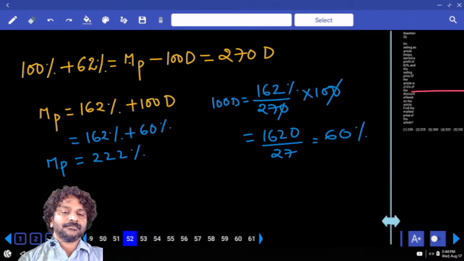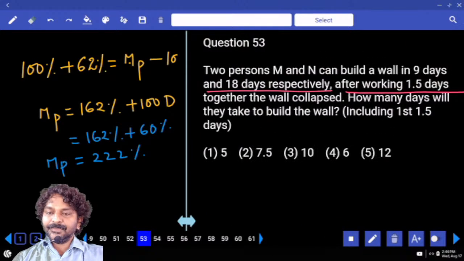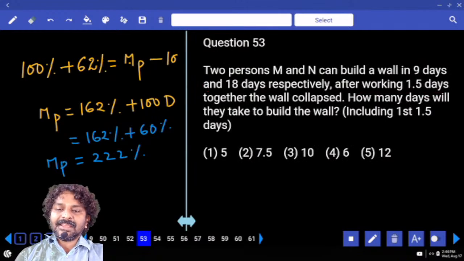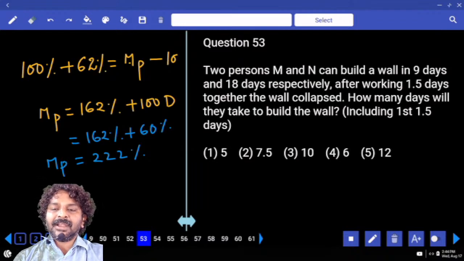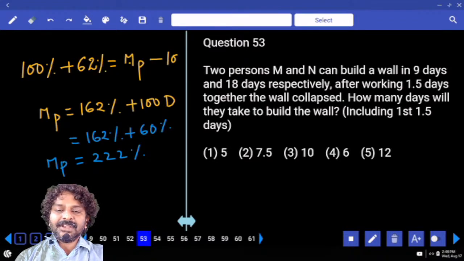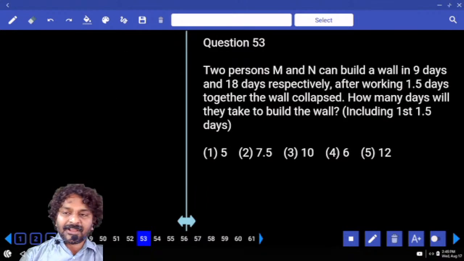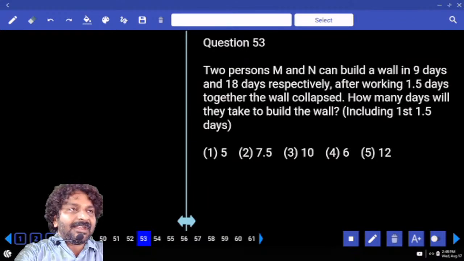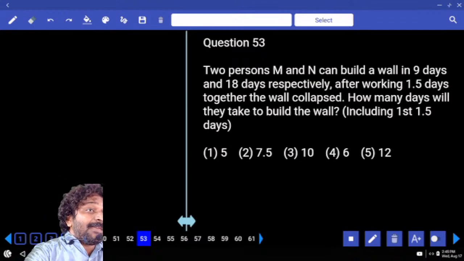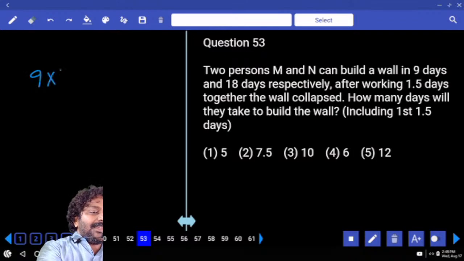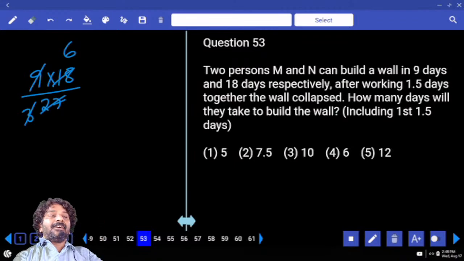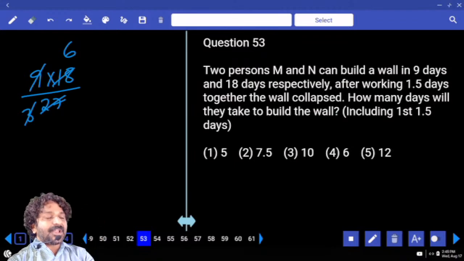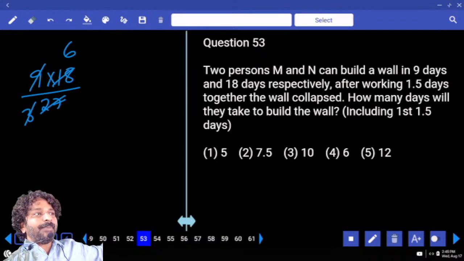Next, two persons M and N can build a wall in 9 days and 18 days respectively. After working 1.5 days together, the wall collapsed. How many days will they take to build the wall, including the first 1.5 days? M can complete the work in 9 days. N can complete the work in 18 days. Together they can complete the work in AB by A plus B days, which is 9 into 18 by 27. 9, 3 times, 3, 6 times. If they both started working together, if there is no obstruction in their work, they can complete the work in